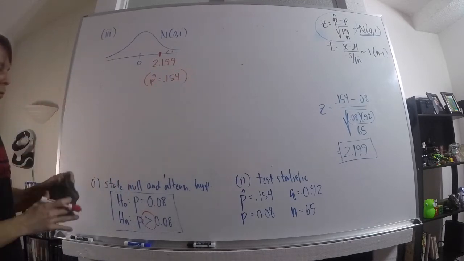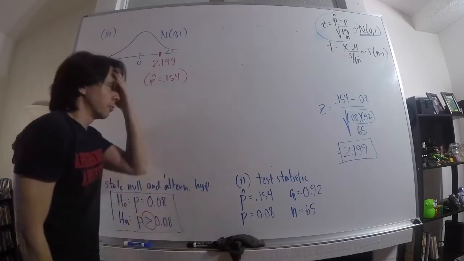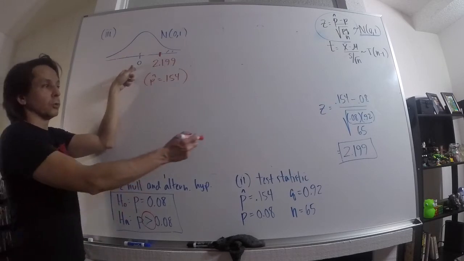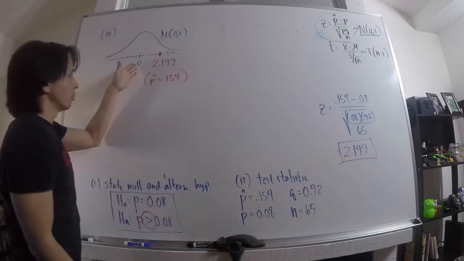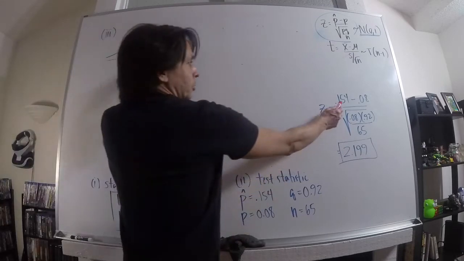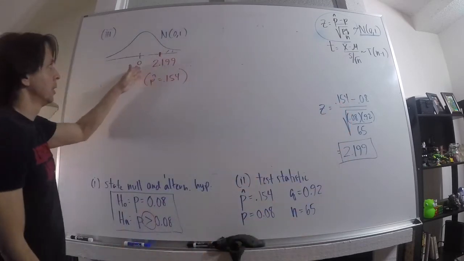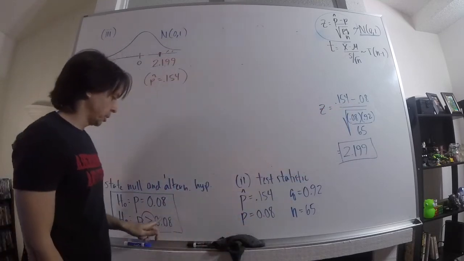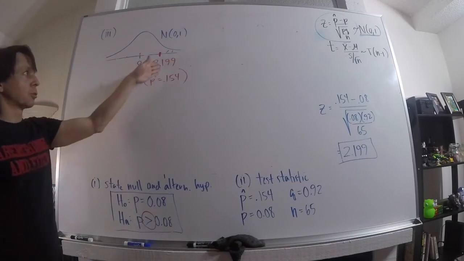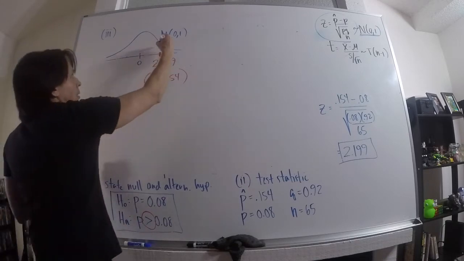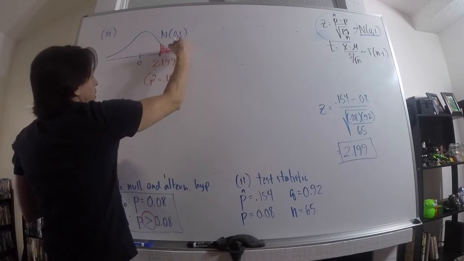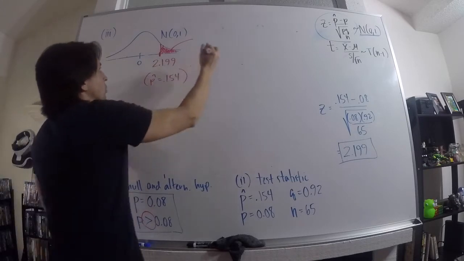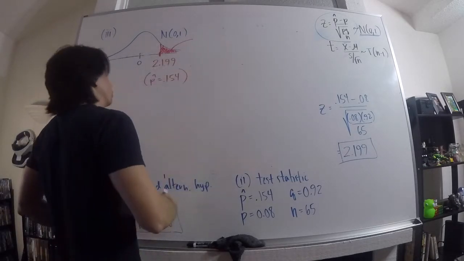So again, just to clarify, since I kind of got a little confused there, or messed up myself: if you get a p-hat that's exactly 0.08, you will get a computation that gets you the z-score of exactly 0 right there. If you get a p-hat of 0.06, that's actually less than their claim, you get a z-score that's on this side. And if you get a p-hat that's greater than their claim, 15.4% greater than their 0.08, you get a z-score that's to the right. And so the p-value that we're looking for is that probability in the right tail, because we're doing a right tail test. So our p-value is going to be based on us doing a normal CDF problem